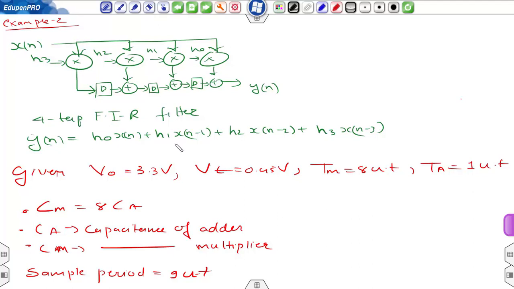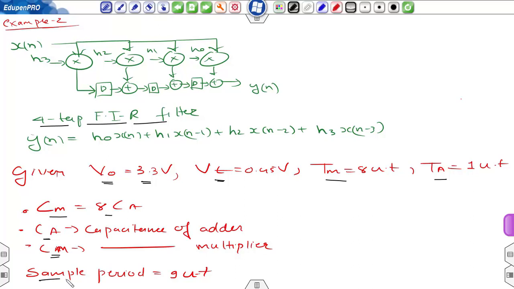So coming to the second example, a 4 tap FIR filter given by the equation y[n] = h0 x[n] + h1 x[n-1] + h2 x[n-2] + h3 x[n-3], and its block diagram representation is given, and the following parameters are given. The supply voltage is 3.3 volt, the device threshold voltage is 0.45 volt, computation time of multiplier is 8 unit time, computation time of adder is 1 unit time, capacitance of adder is Ca and capacitance of multiplier is Cm, and Cm is equal to 8 Ca. So capacitance of multiplier is equal to 8 times Ca,